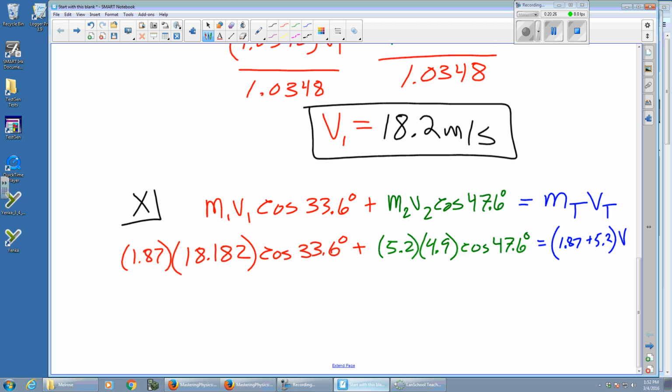and then V total, I don't know. For a second, I thought I wasn't going to have a variable. It's no fun to do an equation and not have a variable. It takes away your whole afternoon. So I'm going to figure out what these numbers are. Cosine 33.6, 28.32019 plus